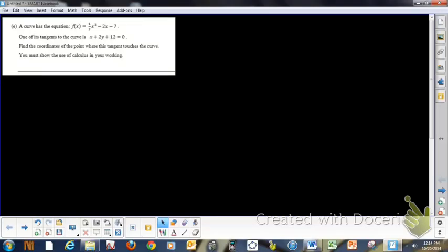Okay, the first thing that we're going to do is do question 1e, the excellence question. You have a curve, and it's a positive cubic. So it's always nice to get a sense of what you're dealing with. And you've got a tangent to the curve, and they're giving us the equation of the tangent to the curve. So basically, there's the tangent to the curve. It doesn't really matter where it is, and you don't have to draw it